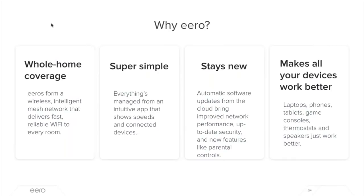So there might be some other form factors out there that actually are the size of cereal boxes or a large box. It turns out it's really easy to fit a lot of hardware components into a bigger space. And so the form factor of eero is designed to not be ugly and to not stick out. And so as such, we have less room for designing, which leads to just a more aggressive form factor. Also, it's in building the brand. So